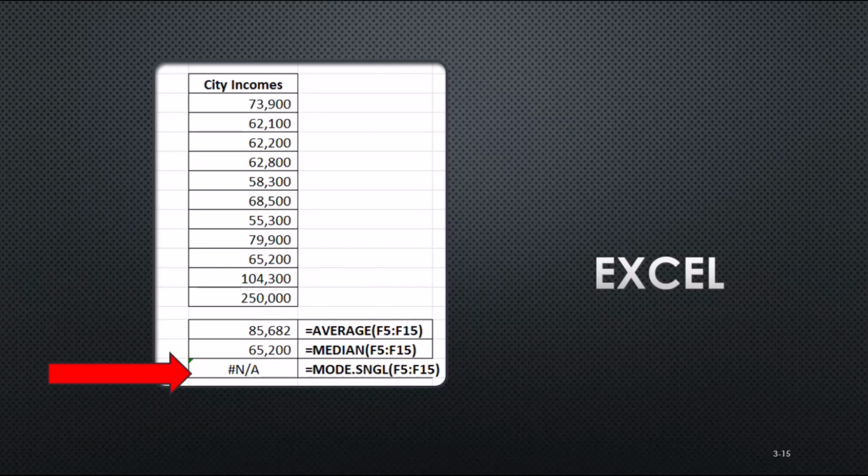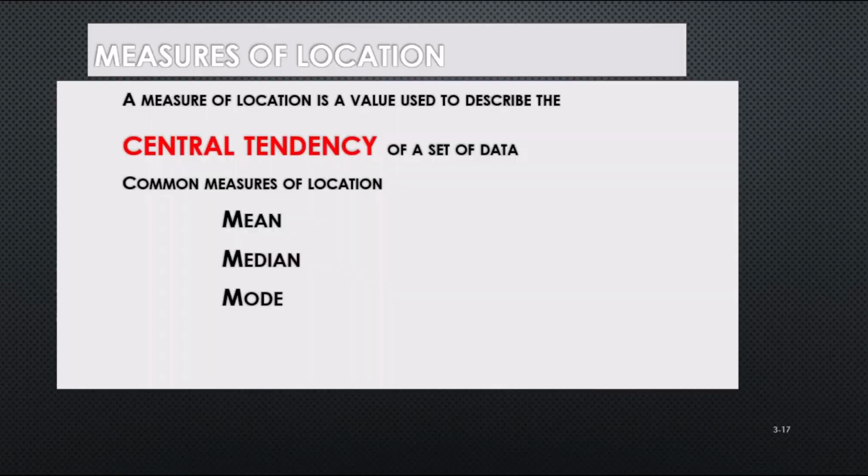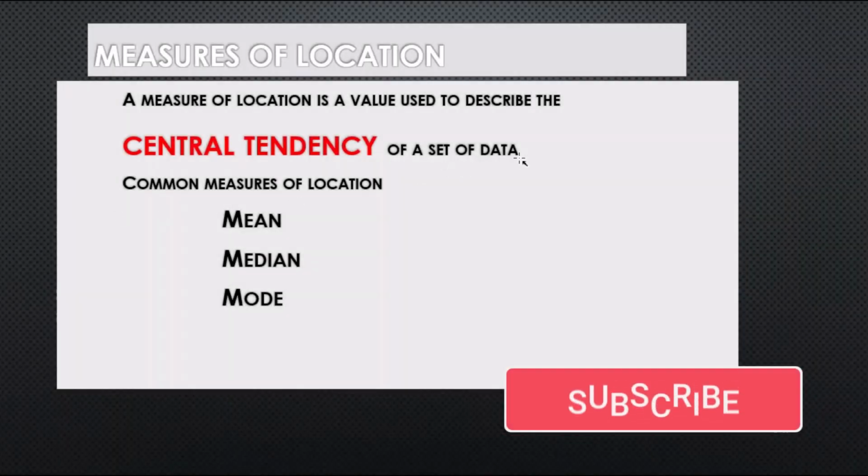So what we would do, let's just say for an example, if I change this top number to make it where there's two 62/100s, instead of them all being different numbers, just for illustration purposes, you'll see now that the mode comes in at 62/100 because now it's saying this one is occurring twice and all these others occur only once. So it's the most frequently occurring number. And there you have it. Those are the measures of central tendency that we normally see, the mean, median, and mode.